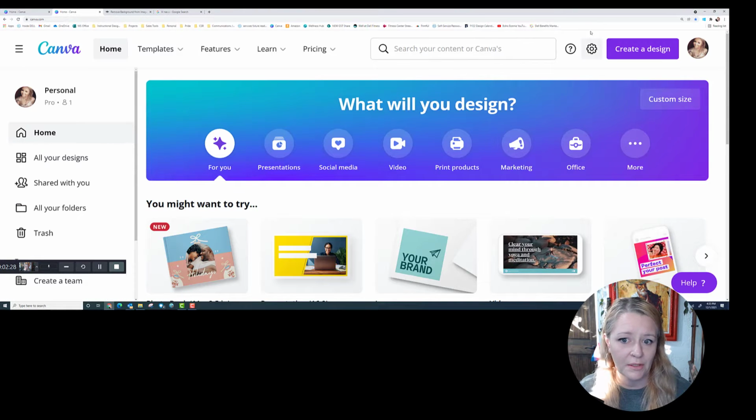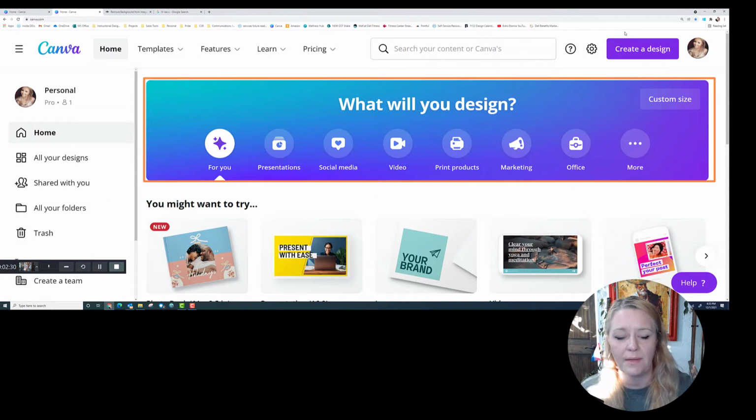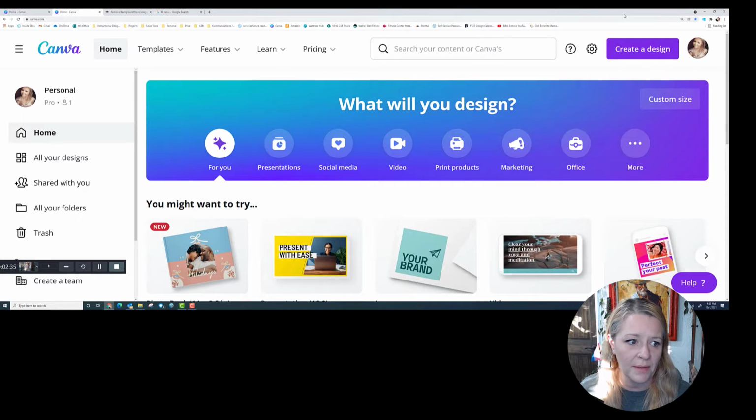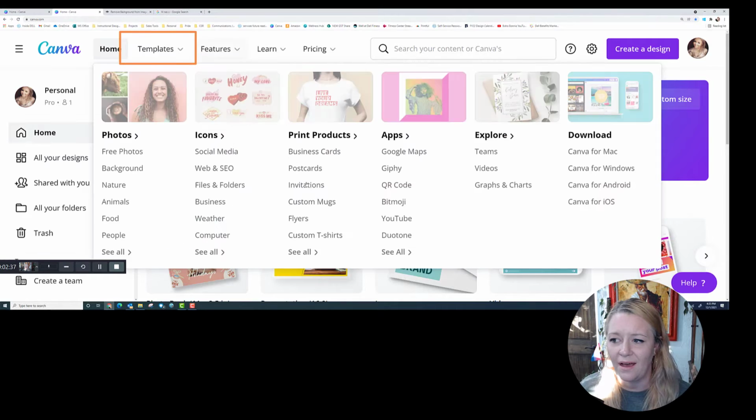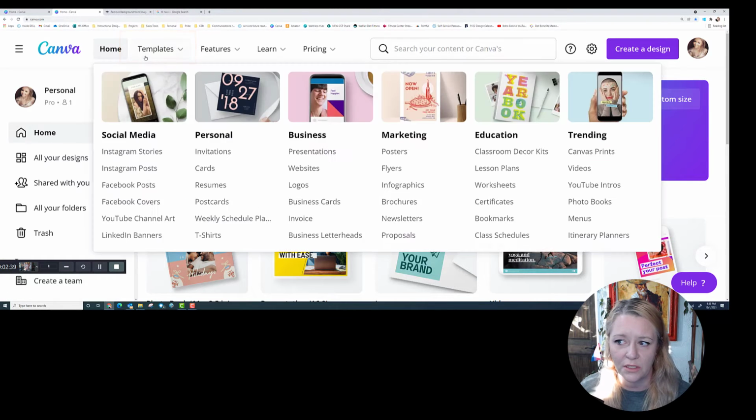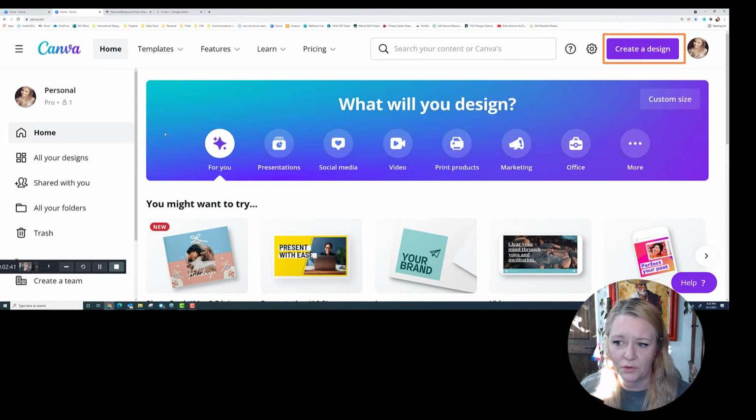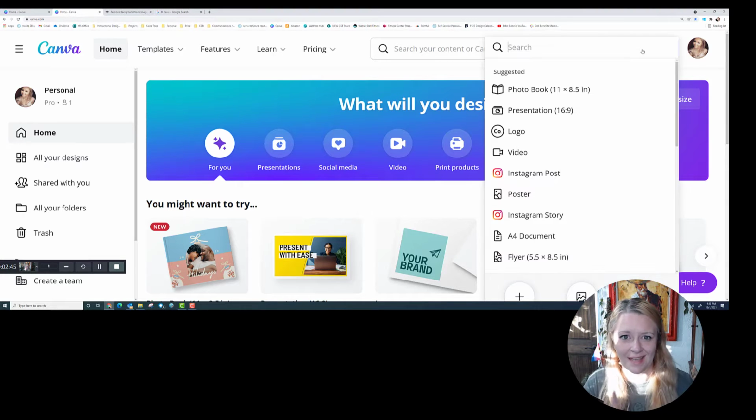Now there's a couple ways to do this. As you can see in the main banner, it gives you several options. You can also look up here for templates. I always usually go over to this created design. It also gives you several suggestions. Now all these are different sizes. So